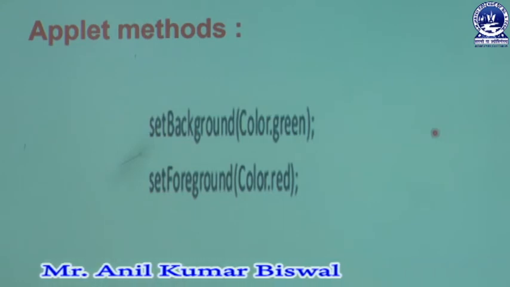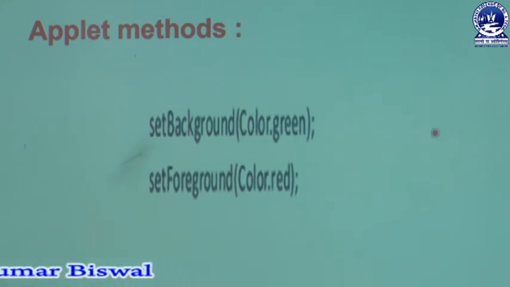Generally we have two specific types of methods which can make our program more interactive. We have two methods, one named setBackground method, another known as setForeground method. Then what is the use of the setBackground and setForeground methods? Through those methods, especially, the user can change the background of that appletviewer web browser, meaning the Java-enabled web browser background can be changed to any color, that may be green, red, orange, maybe cyan, any type of color.